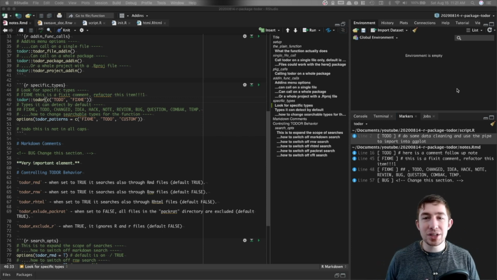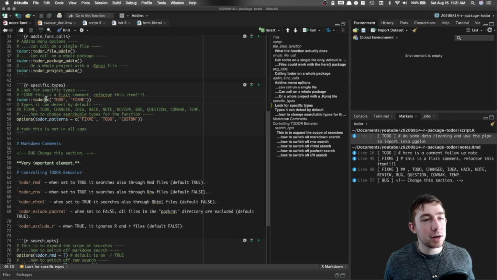So what if you want to actually limit that down and ignore some things? Like you really only want to look at two different types of tags and only see what you're actually interested in. Right here you can see in my R Markdown document I have a tag for an item called bug. Well, let's say I don't want to look at any of the bugs, I want to look at to-dos and